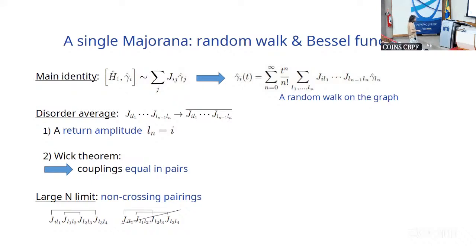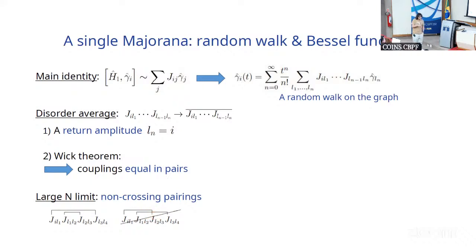What you can show, I think we didn't invent absolutely anything here, is that in the large N limit, only the non-crossing pairings survive. So, for example, suppose that I have four J's. I can couple them in various ways. For example, I can choose to say that this J must be equal to this J and this J must be equal to this J. But I could choose also this must be equal to this and this must be equal to this. But in doing that, I create a crossing here.